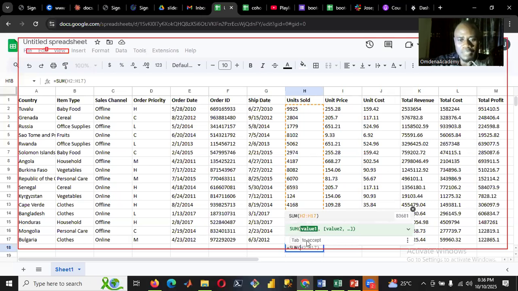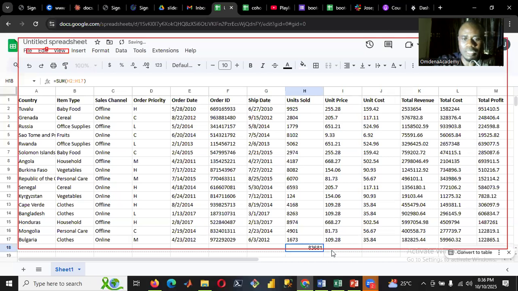So all you have to do for Google is just press Tab. Press Tab and then automatically it fills in. You can press Tab on Excel and this will happen too, but Google Sheets makes it so adaptive. Anytime you enter a formula, automatically it will look at the values around it, whether horizontal or vertical, and then try to predict which side you want to input the range. Like in this case,